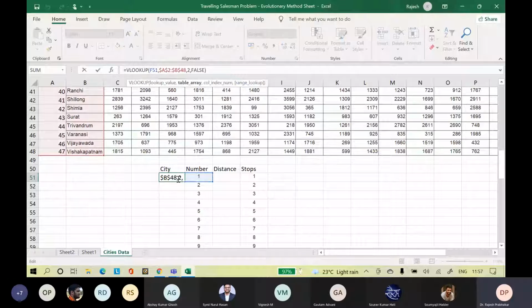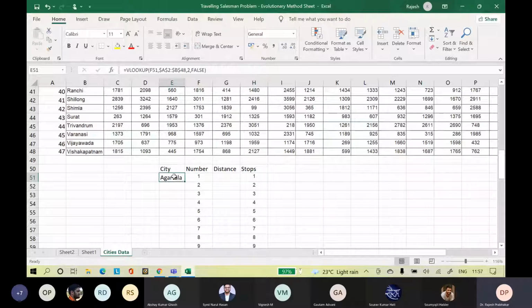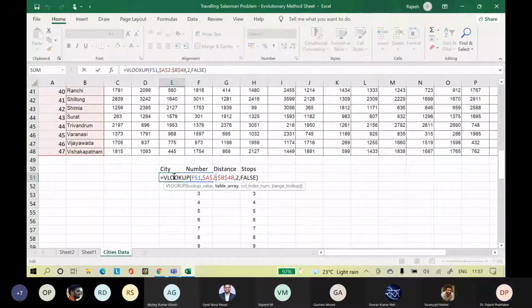So this is the code. In VLOOKUP, first we have to give the lookup value, which is the number of the city, comma. You take the 2 columns where you have the city number and city name, comma. We have to give the column index number. Column index number means we want what? We want the city name.